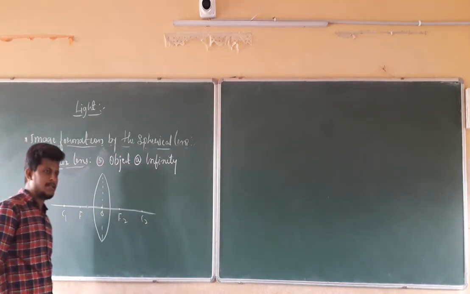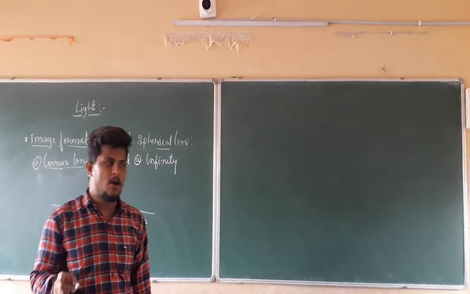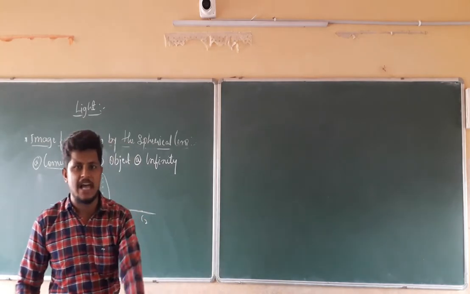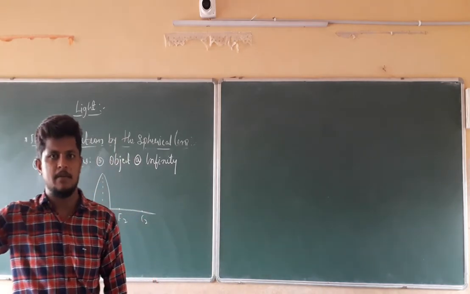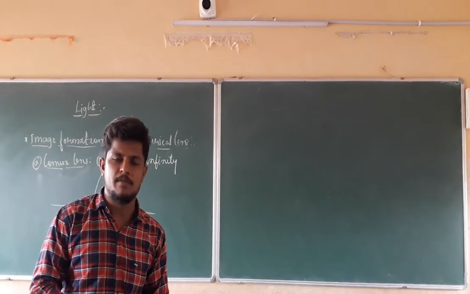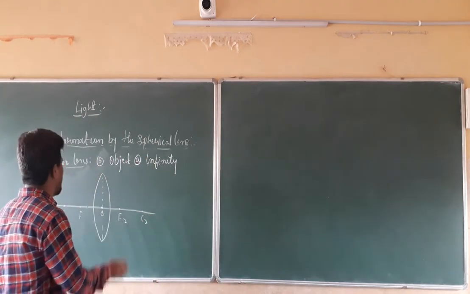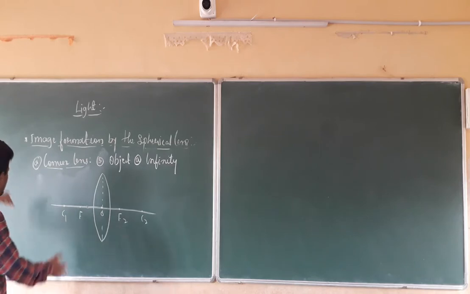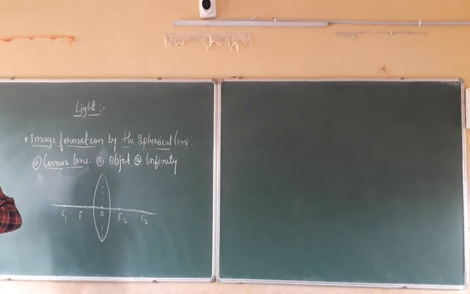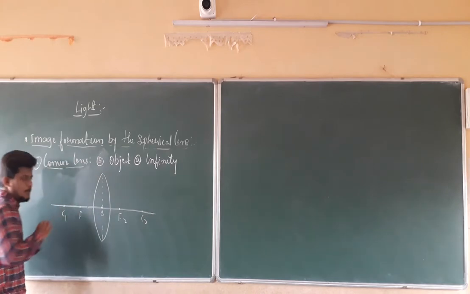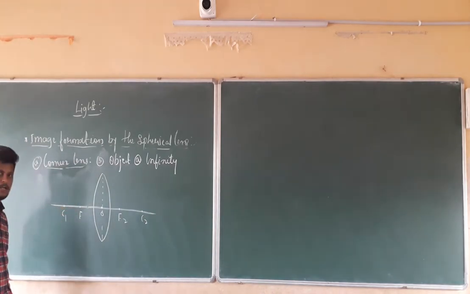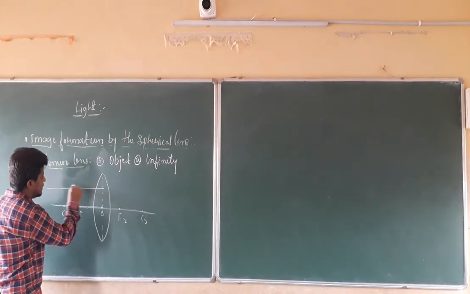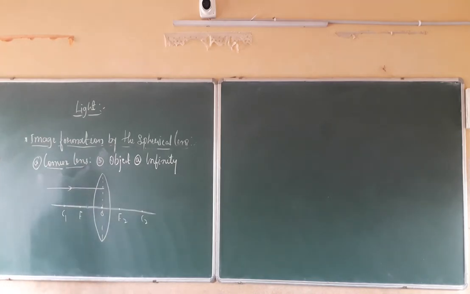If you remember the previous classes, in case of a concave mirror, when an object is kept at infinity, the light rays which are coming from infinity always travel parallel to the principal axis. If you remember the ray diagrams for the concave mirror as well as the convex mirror. In the same manner, when an object is kept at infinity, we don't know where it is kept. That means the light rays coming from that object will always travel parallel to the principal axis, so we are going to take the light rays coming from the object kept at infinity parallel to the principal axis in this way.